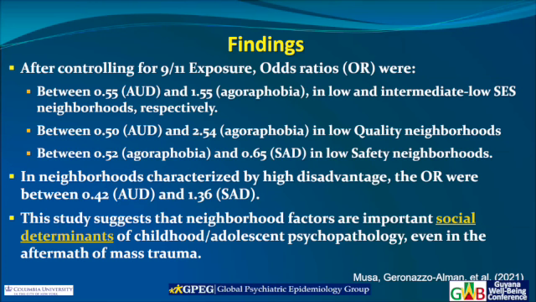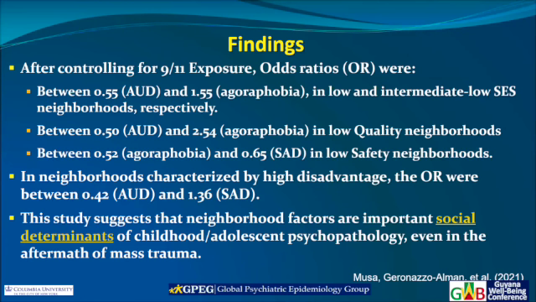So those that were in low safety neighborhoods were actually protected against agoraphobia, and separation anxiety was also protected in low safety neighborhoods. That is another controversial point, because if you think about it, agoraphobia is the fear of going outside. So if you're in a low safe neighborhood, in other words, a high crime neighborhood, are you staying home because you're agoraphobic, or is it because you're just afraid to go outside because it's a bad neighborhood, right? So more work needs to happen in looking at that.